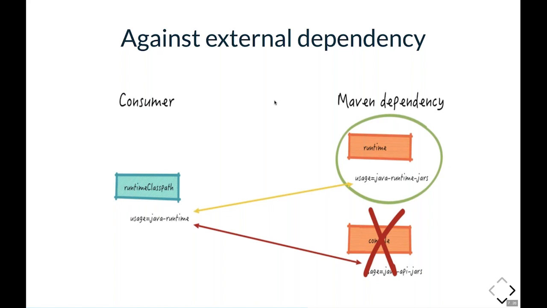However, good news, Java runtime jars is a compatible value. And so here, at the compatibility layer, API elements gets eliminated. And so there is no disambiguation to be done. We can select our runtime elements. Now, this system worked for a long time between Java projects, but since Gradle 5.0, it works exactly the same